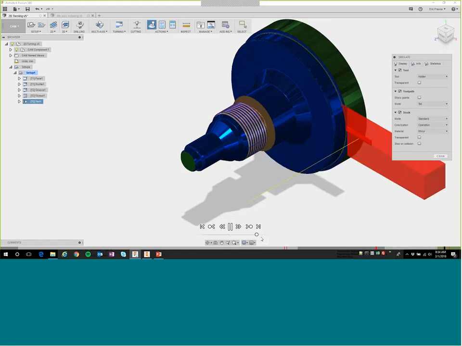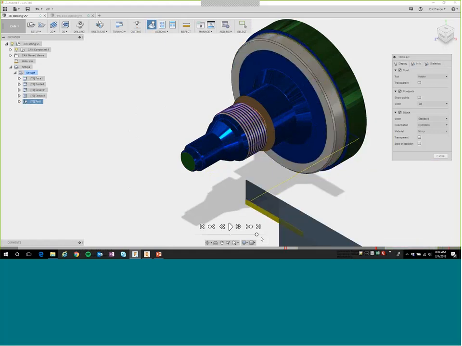All right, so there's some modifications that need to be made, including that parting off. We got too short of a part for the diameter of the parting tool that we've got for the diameter of the stock material. So we need to make some adjustments to that. Again, we could have done stop on collision to see where they are. It also highlights them down here in the